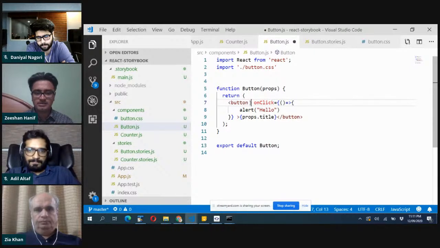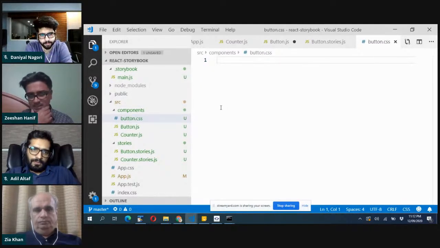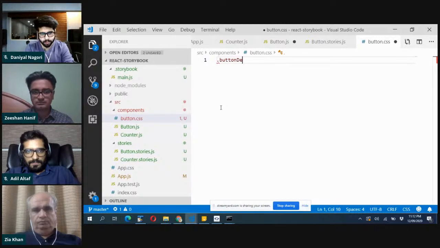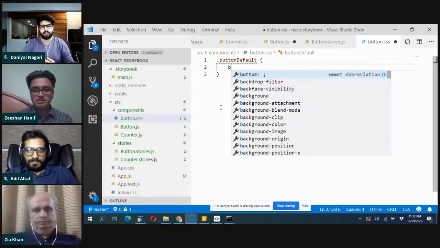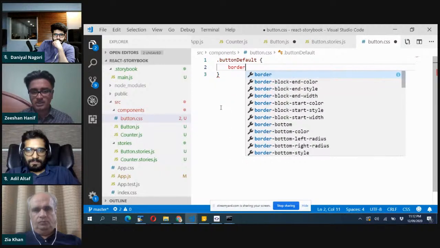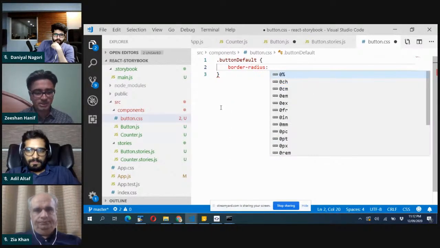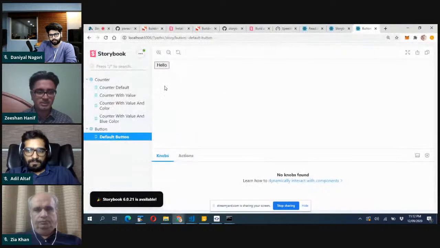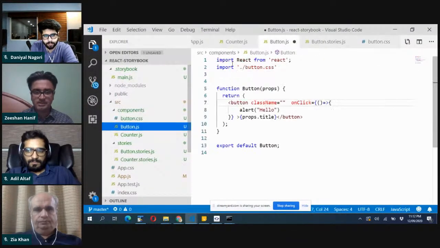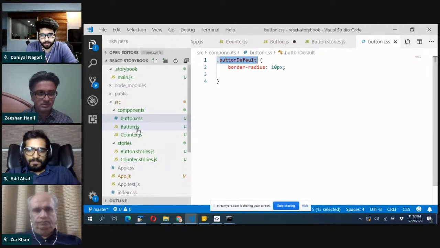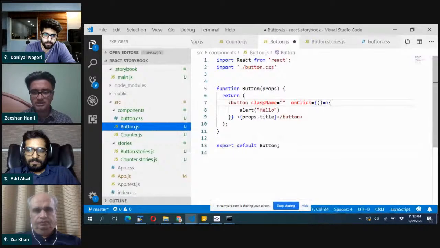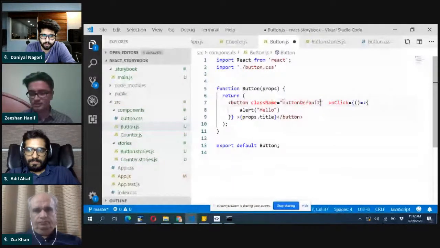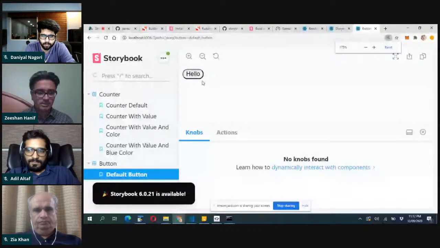Now what I can do is I can display class name, and here what I'll do is, let's say, and I need border radius to be, let's say, 10px. So if we have a border radius and if we apply this CSS, instead of going into the page, we'll easily see these changes directly in the component. So you can see that's our rounded button, and what I can do is, let's say,